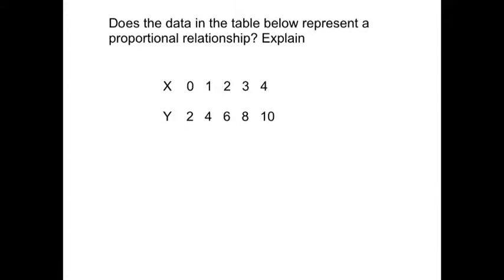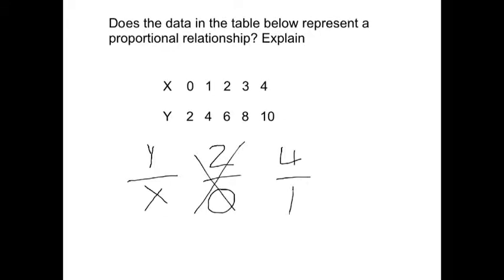So if I were to see if this data table represented a proportional relationship, I would want to see my relationship of y over x to see if they're the same. 2 over 0, well again we're dividing by 0, so we won't use that. If we compare 4 over 1 to 6 over 2 to 8 over 3 to 10 over 4,